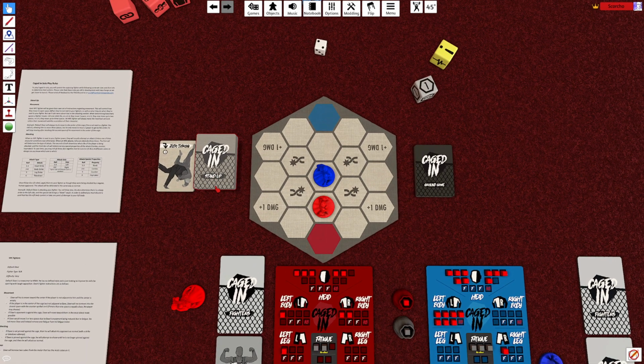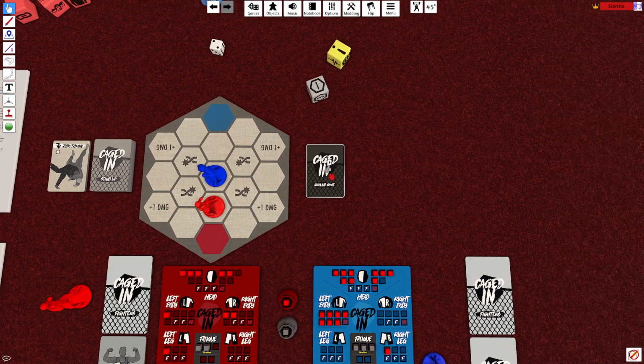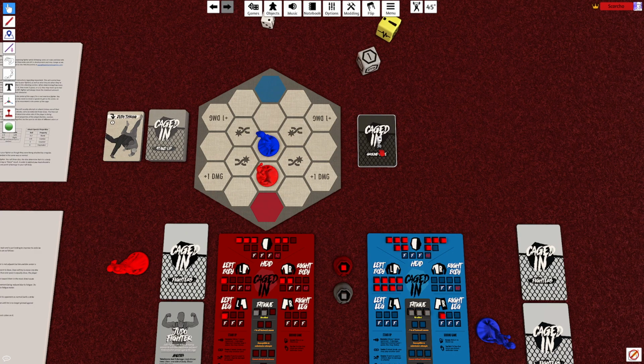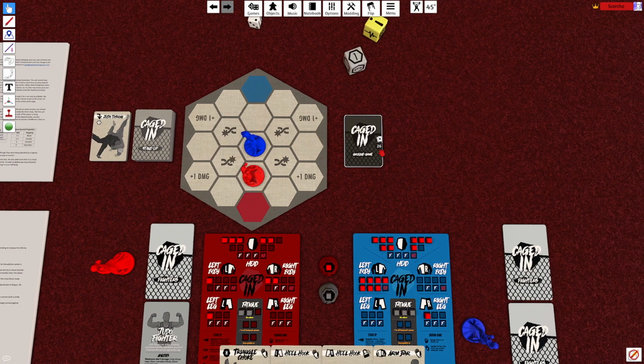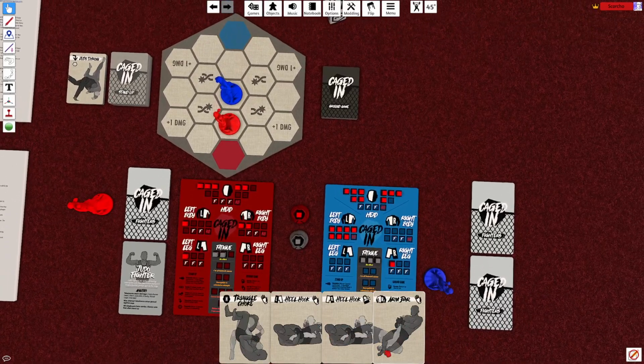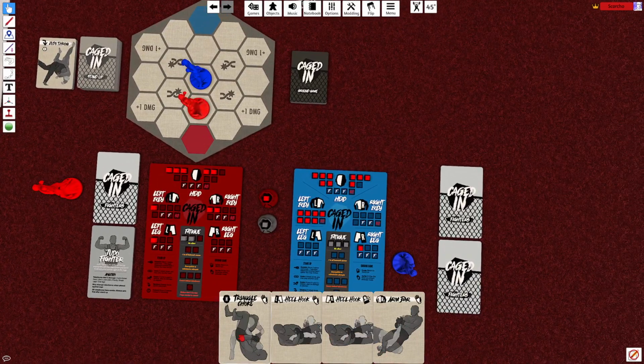And now we'll go to the ground. We always have combo because we're a judo fighter, so forgot if I shuffled those. Draw 4. And no left body. Okay. But we do have some head, so we'll...